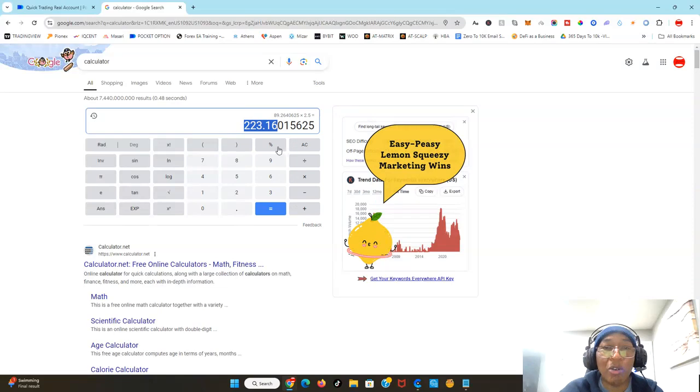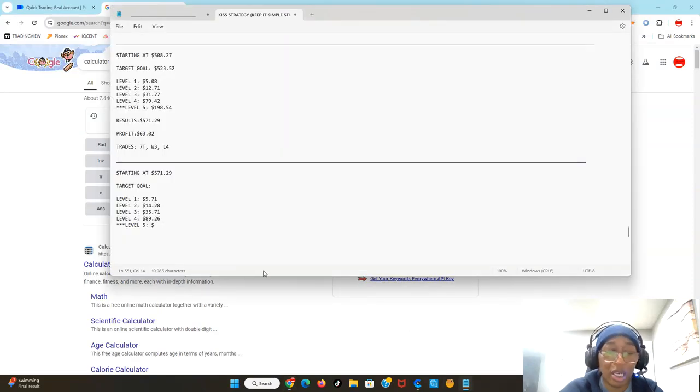Now you guys can see how huge this trade looks, 200 and something. This is almost going to blow your account, okay? I put an asterisk on level 5 because I really don't want to take this trade. If you have such a drawdown of $200, you're going to cut your account by half, so it's going to take you a little longer to get out of that hole. It's going to dig a deep hole. Actually, I don't like even going to level 4. This is huge. It's going to give you a big, big drawdown. If the market is that bad, then it's probably high time you call it quits for the day.